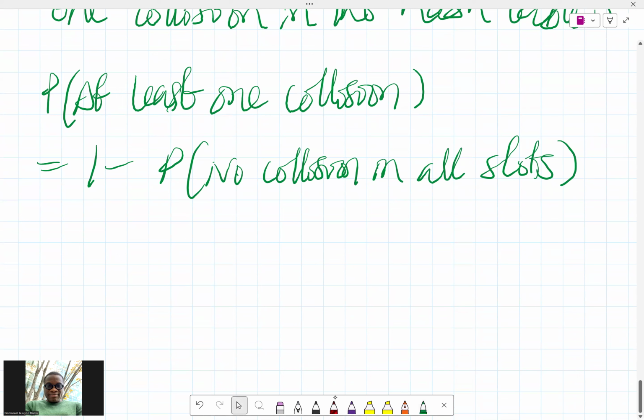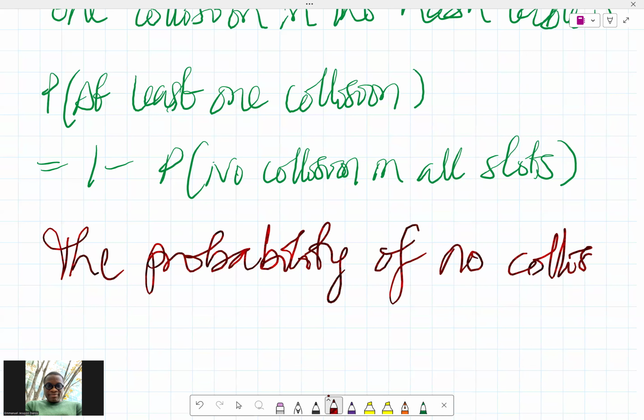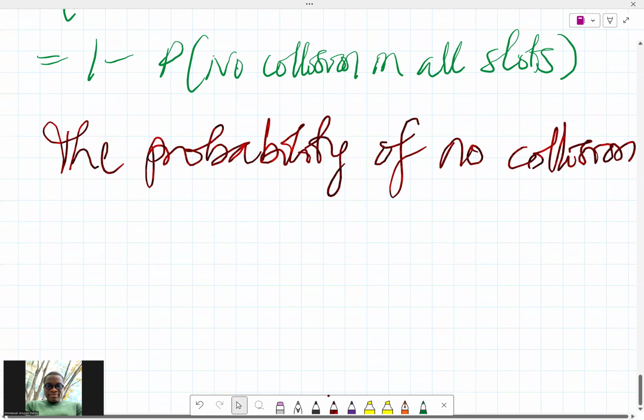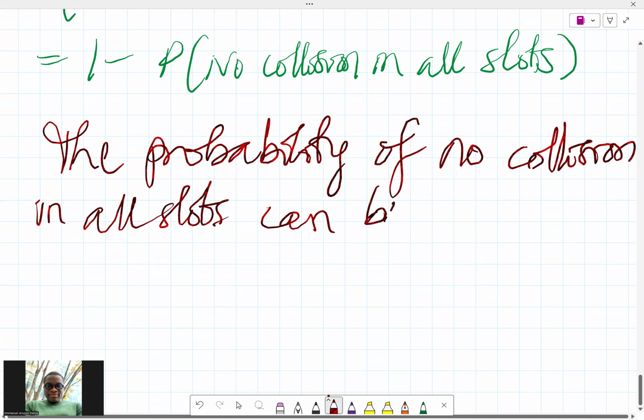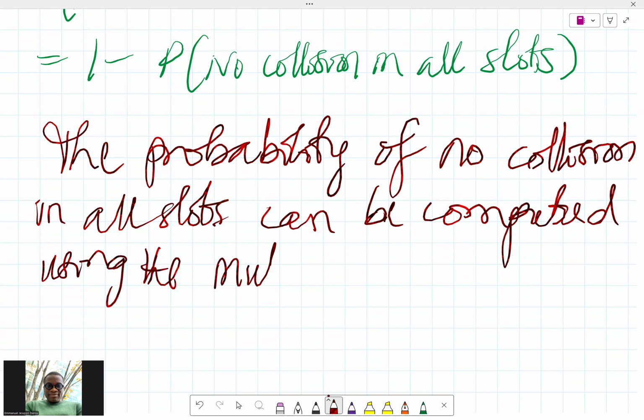So then the probability of no collision in all slots can be computed using the multinomial distribution,